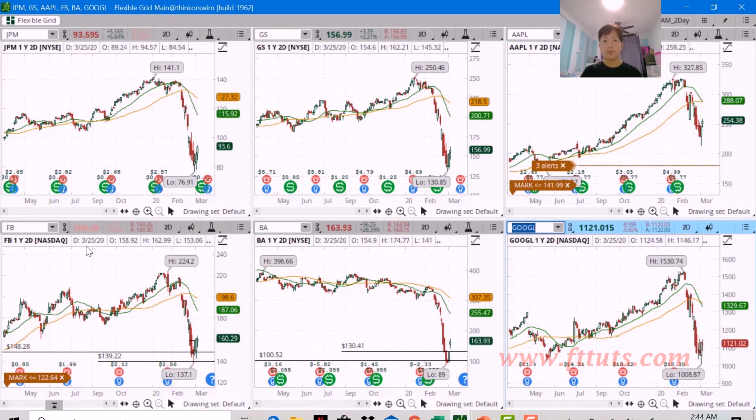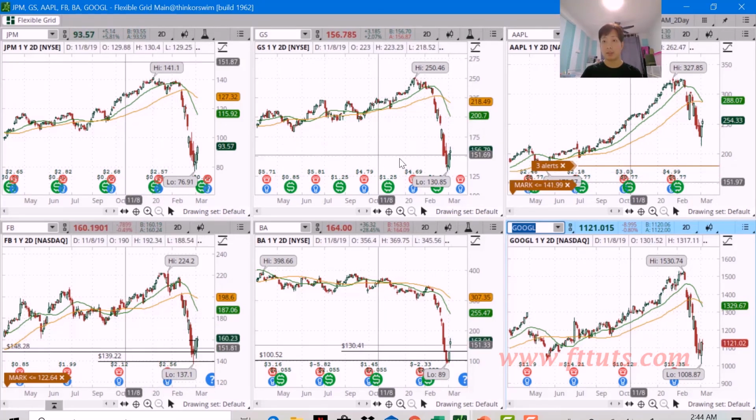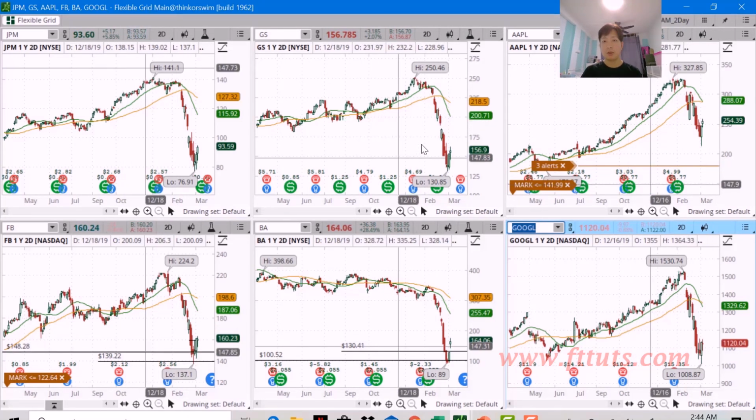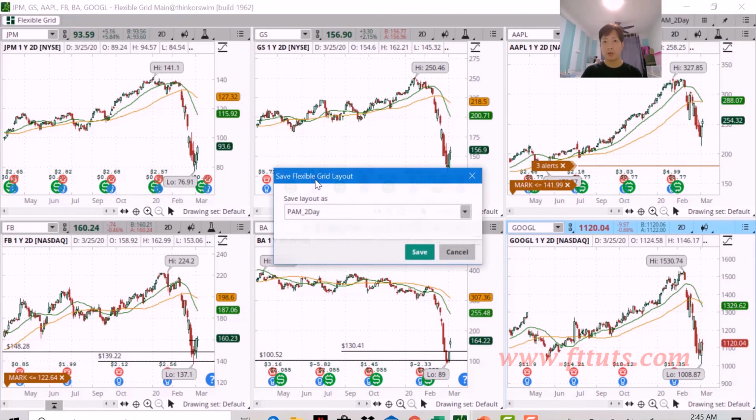There you have it. You have it for all, and you realize that all the mouse cursor is all in sync, right? It's all synchronized. Okay, so once you're done, you can save this. You can go to the grid action, save flexible grid as. You can save this as PAM monitor X. You can take this as a screen for you to monitor the stocks that you are looking at,